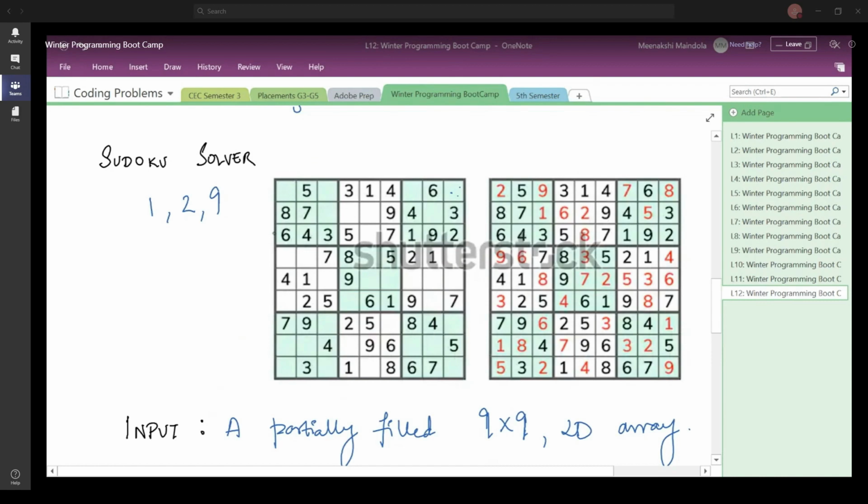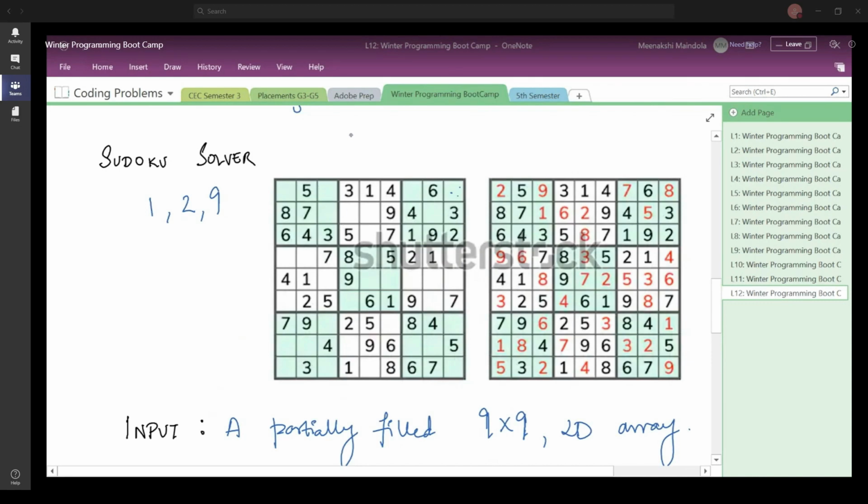With the approach that I have told you, as we move ahead, what are you going to do here? You actually begin with numbers. You say I have an empty position and I can fill all numbers from 1 to 9 here, given that a certain condition is satisfied. And what is that condition? That condition is that the same element is not in the same row, not in the same column, and not in the same submatrix.